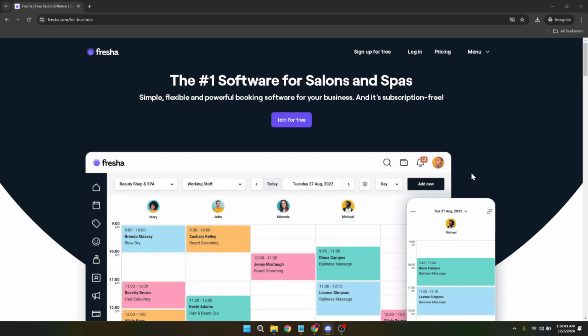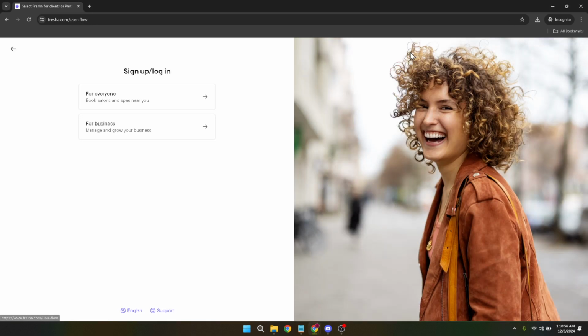Let's begin by navigating to the Fresha site specifically designed for professionals. You'll want to open your browser and go to Fresha for Business, https://www.fresha.com/for-business. This page is your gateway to accessing all the business-oriented features Fresha has to offer. Once you're on the page, look for the login button and click on it. This is your first step toward accessing your business account, where you can make all sorts of updates, including adding